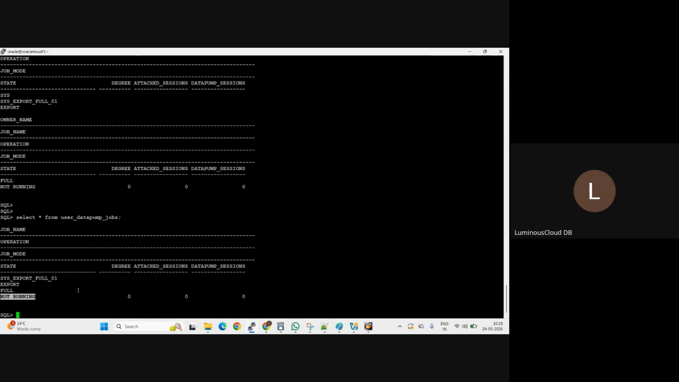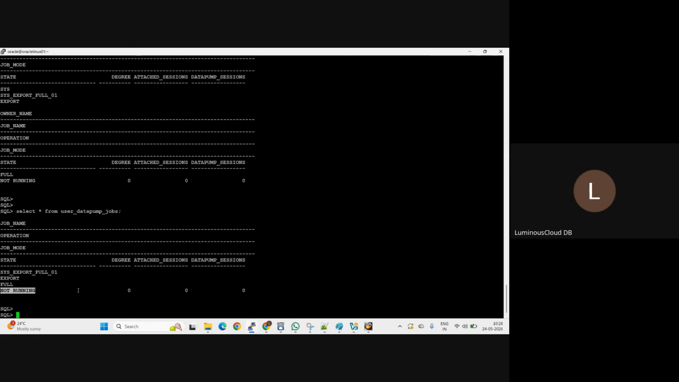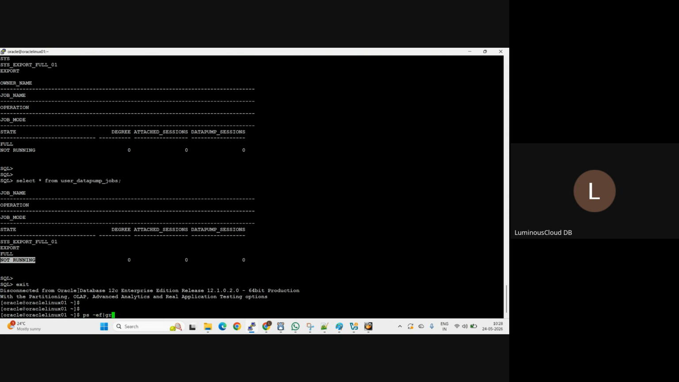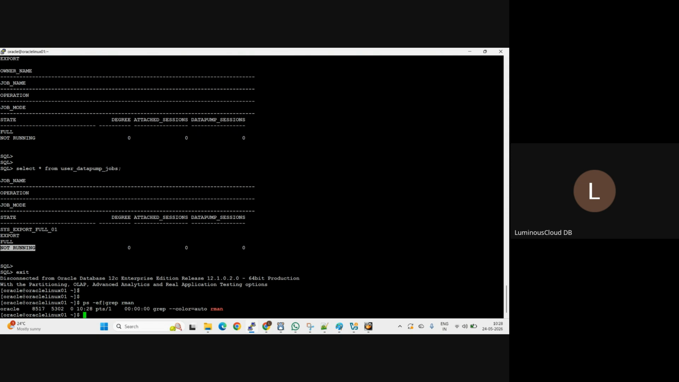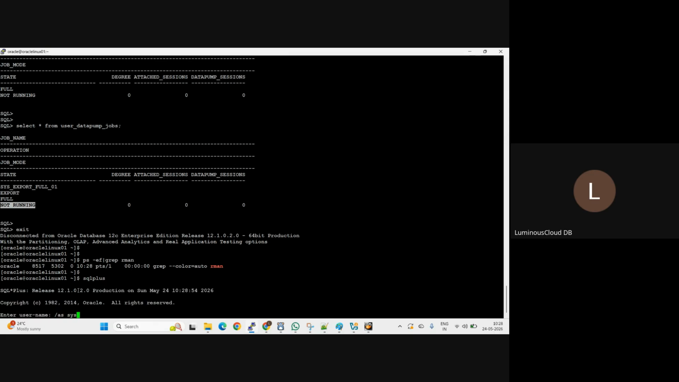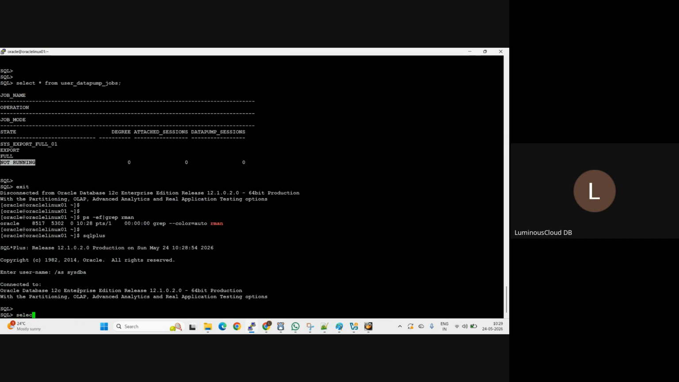Right. Next one. What are we going to do? We are going to learn how to identify if RMAN backups are running. ps -ef | grep rman. Are any RMAN backups running now? No, no RMAN backups are running now. And what is another way to find from the SQL prompt? From the SQL prompt, we can find using select star from